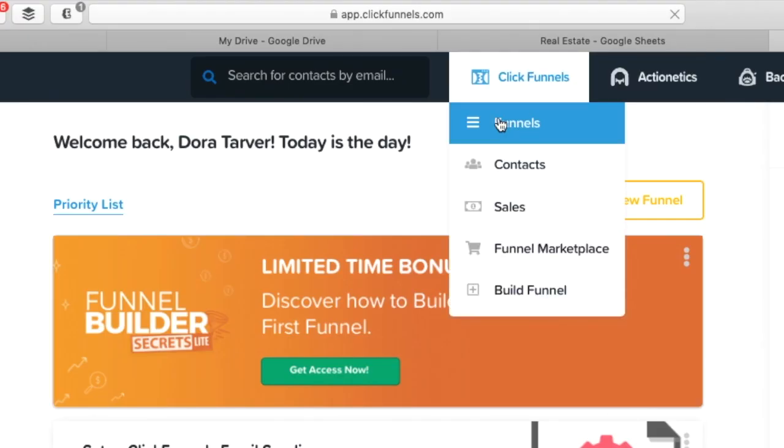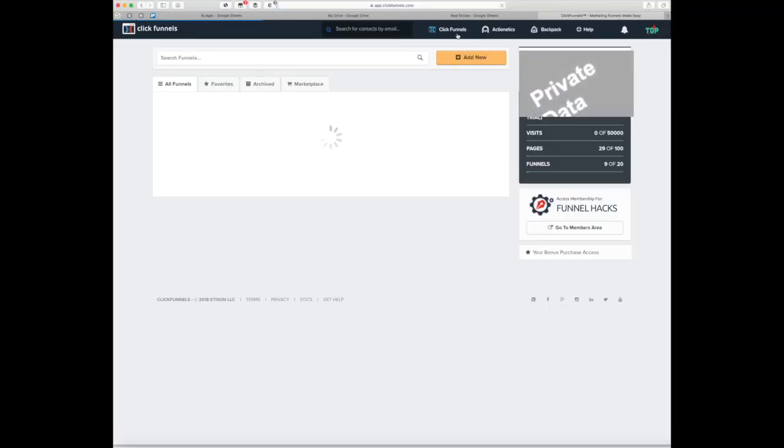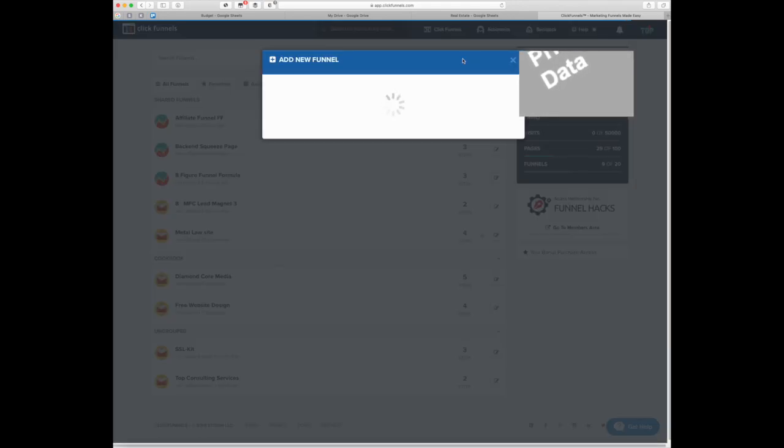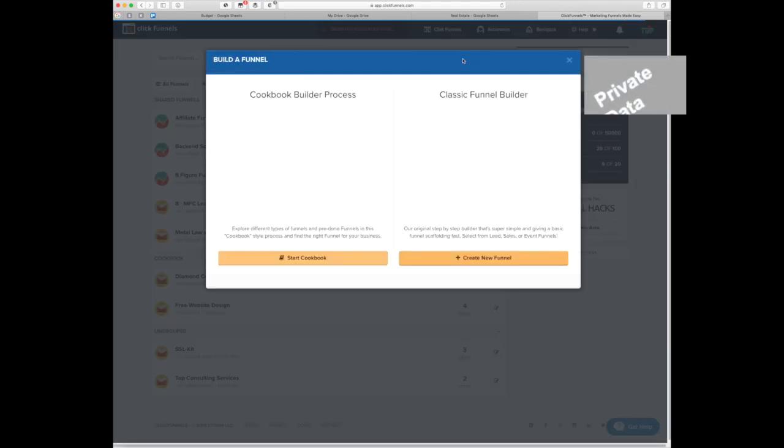I'm going to go into the funnels section. At the top here, there's a menu that says Click Funnels. I'm going to go into the funnels and show you how easy it is to create a funnel. So once you click on funnels and select funnel, if you're creating a new funnel, you would click on Add New, pretty intuitive here. And then it gives you a choice of using what they call the cookbook builder process